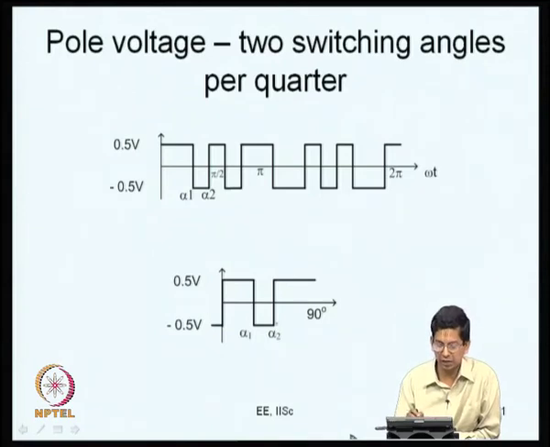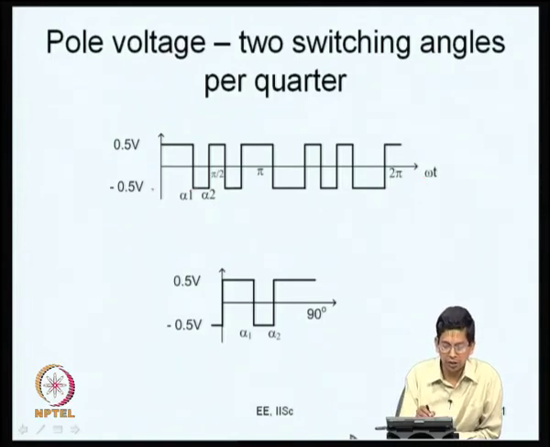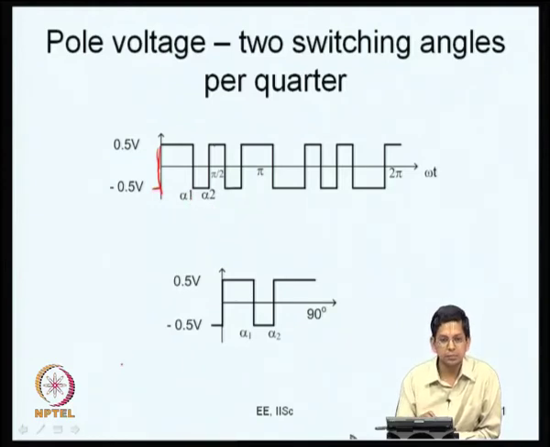So, here again what I said is, this is the complete pole voltage waveform. I have just plotted it electronically, so that it's ready for us to see. You have alpha 1 and alpha 2. The waveform is initially negative and it is switching here, which is not very evident. Then it is switching back at alpha 1 from high to low and low to high at alpha 2, and this is 90 degrees.